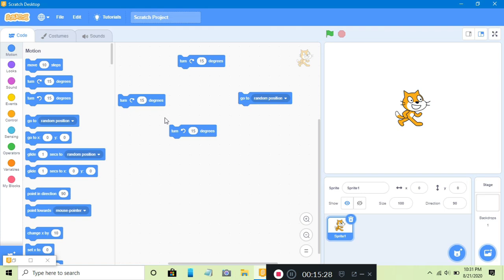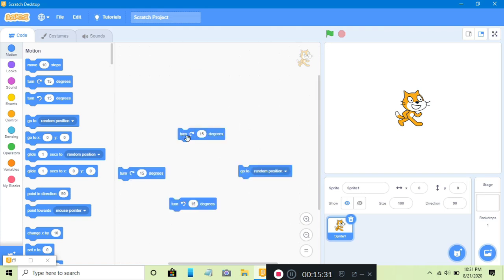Now you can see here this variable. What is written in the first? Turn 15 degrees. When we use this variable in our coding, then the character will turn 15 degrees.